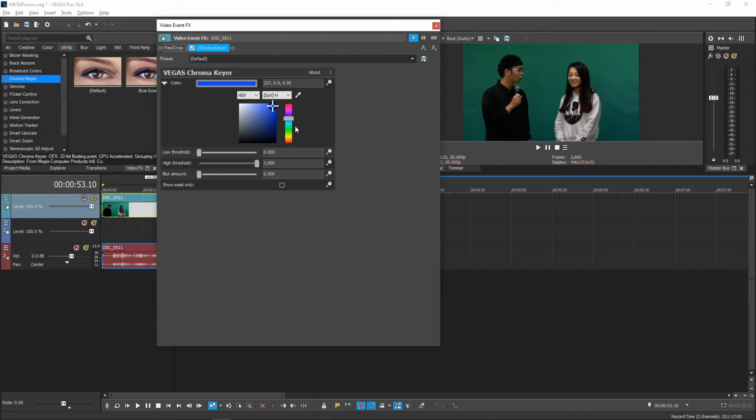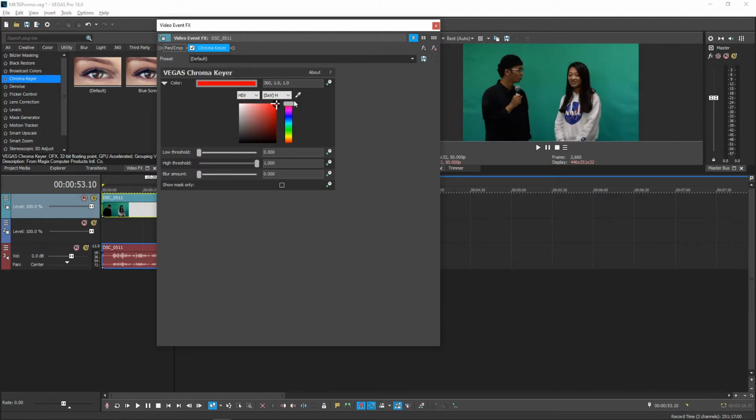But there is often still a difference depending on where you got your green screen and the lighting conditions when you filmed. For that reason, I always use the eyedropper tool instead. The default blue might interfere with the green screen, so first, I like to go and choose a random color that is as far away from green as possible, so it won't change the green color we need to select. I just choose like black, white, or red.